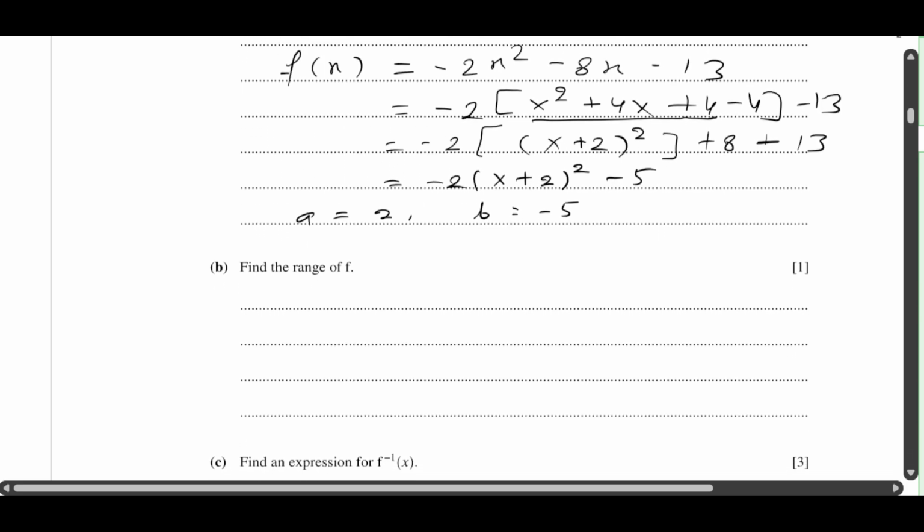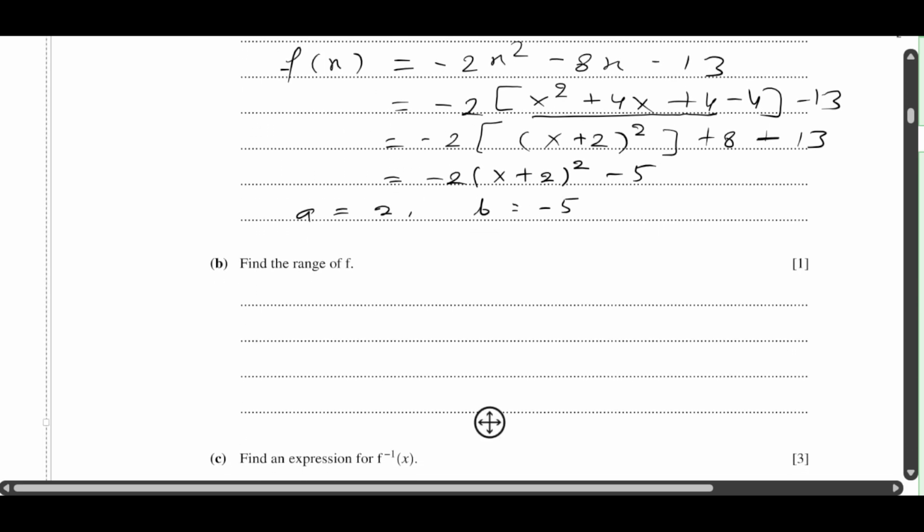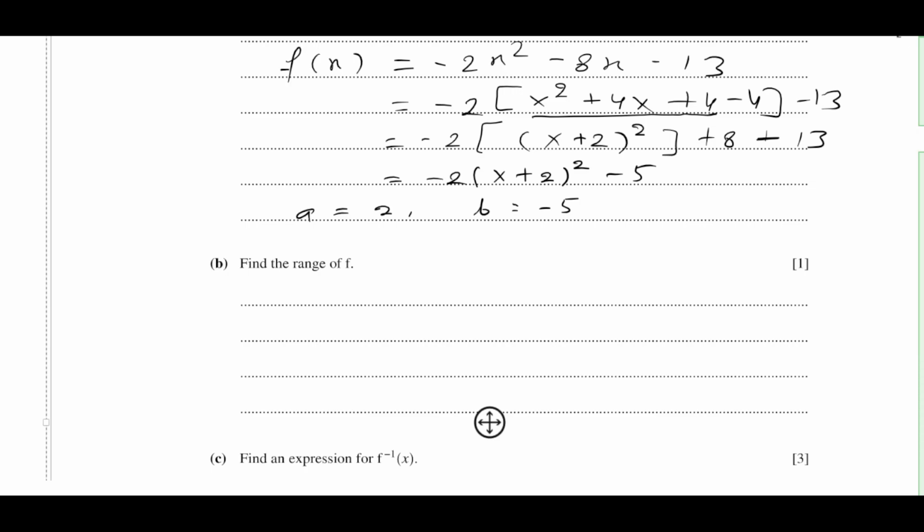Now range means what possible values this expression can have. Okay. So for the range of the function, you see that this particular part is always going to be negative, and this is also negative. The highest possible value for this is 0, when x is minus 2. So this is 0, meaning minus 5. So the range, I will say, is from minus infinity to minus 5. Okay, this cannot be negative, and I can have this minus 5 value. So minus infinity to